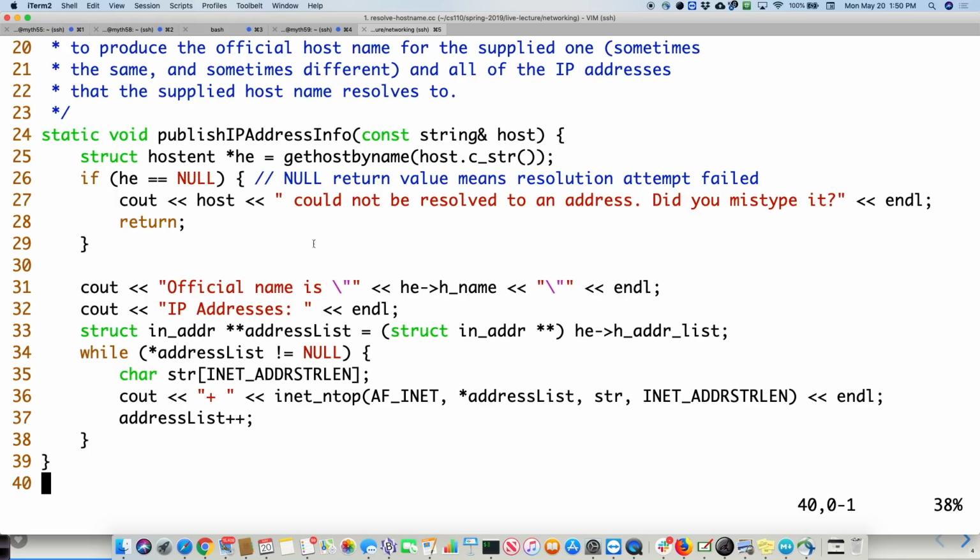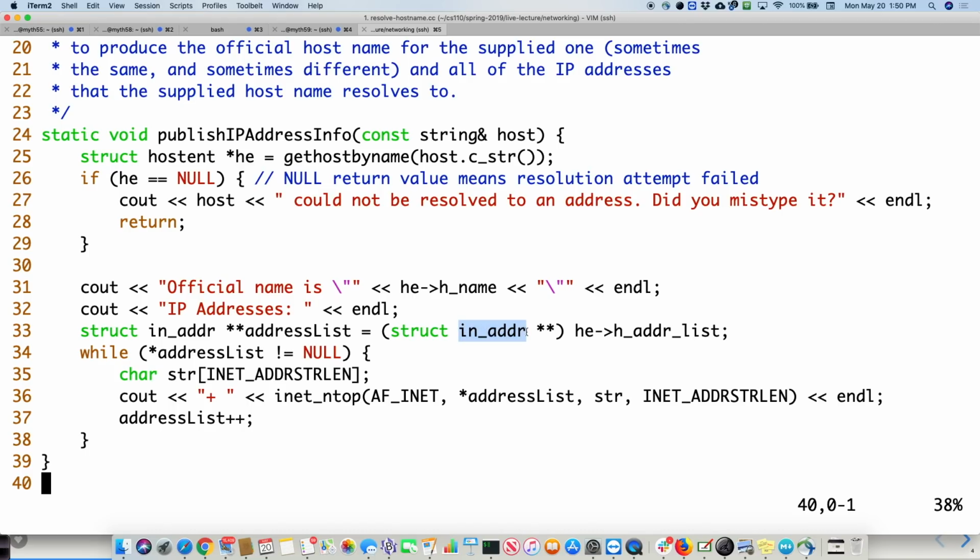Okay, then the h_name is the name we talked about, and then all of those IP addresses, we just go through them one at a time by first saying, let's cast the h_addr_list to what it really is, and we know that it really is an in_addr double pointer.